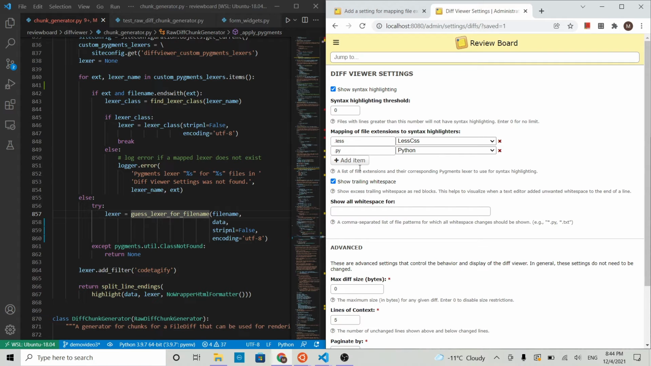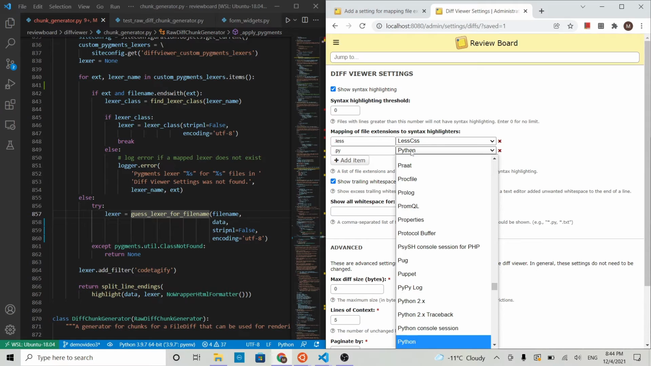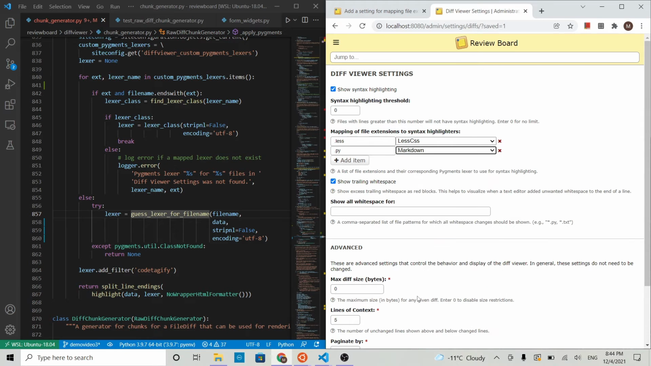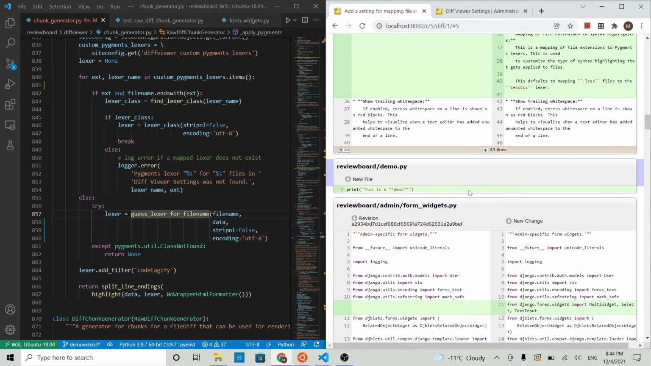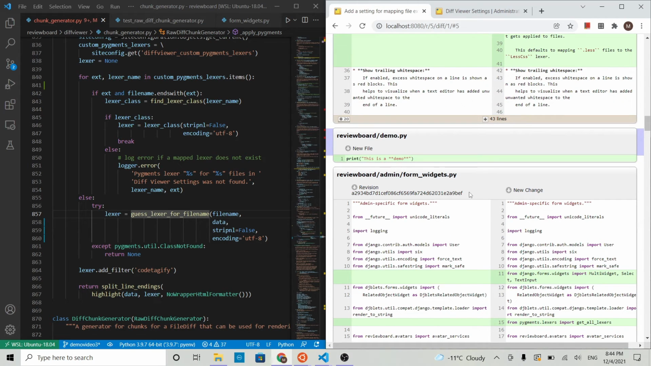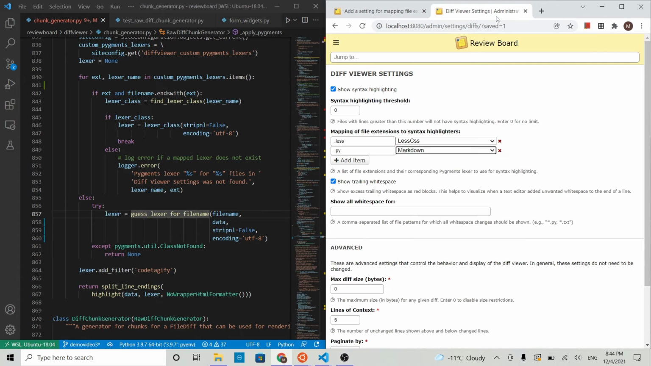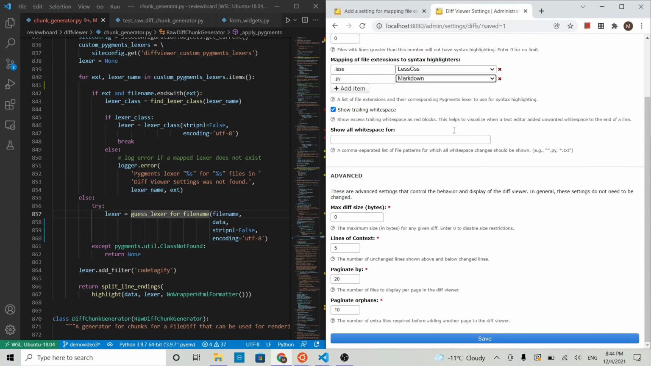Now to see the mapping in action, we'll set the Python files to be mapped to a Markdown lexer, so that Markdown syntax highlighting gets applied to all Python files. And if we look at a diff page right now, we can see that there's already Python syntax highlighting applied. Now if we save our new mapping